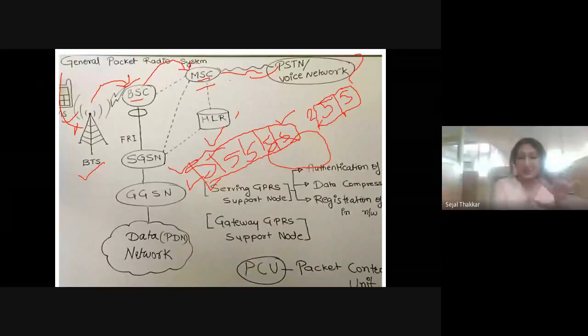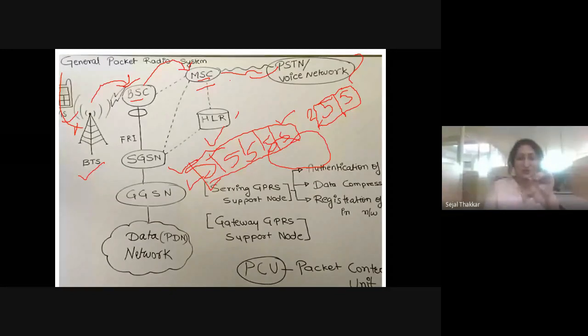Same way, if I'm using internet, if I'm using some data, it is going to register somewhere. They are going to store our information that this person has started internet at this time duration, this much GB of data that particular person has used, and according to that information we are going to get a bill for the internet, data usage also, right? So this is the responsibility of the serving gateway support node.